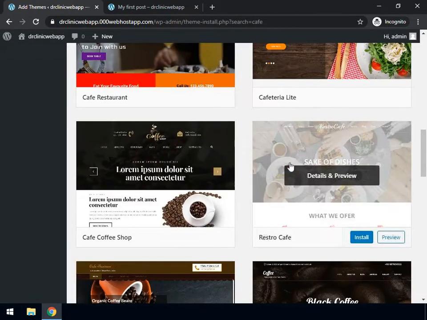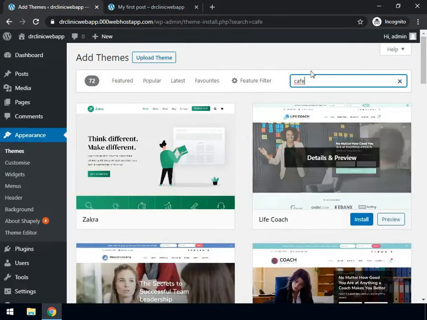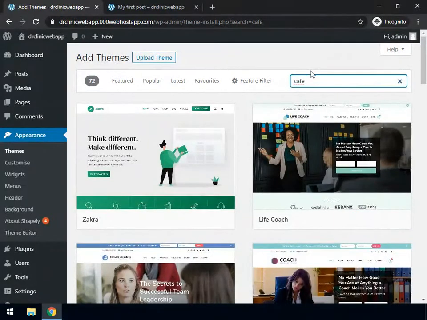So you can preview them and you can install the theme that you like. Basically, you'll get a lot of different categorical themes for free here, which makes it easier to create an entire website for a particular category, like for example, for an electronics store or for your clothing store and many more. So moving into our project, since we are going to create a medical website,